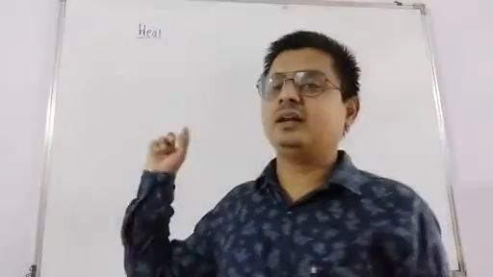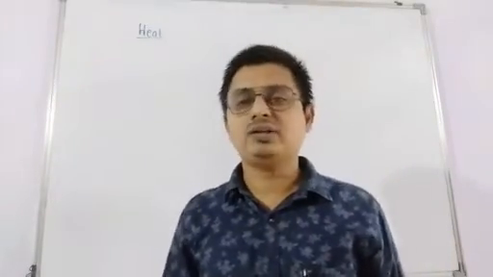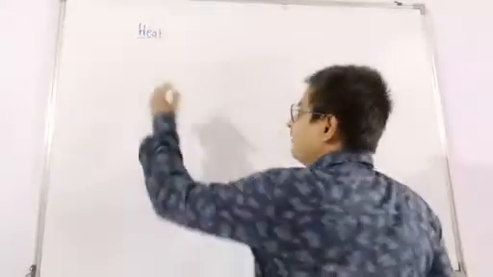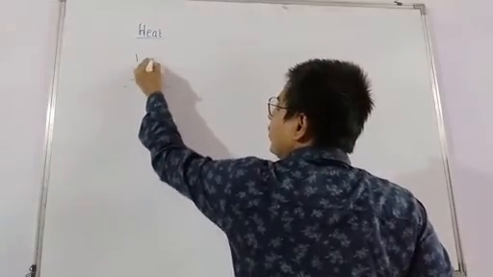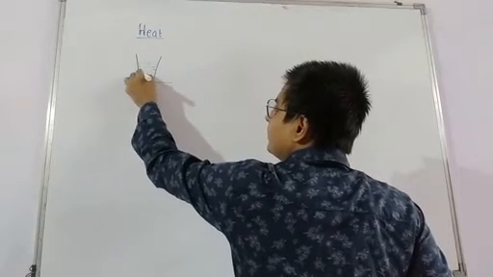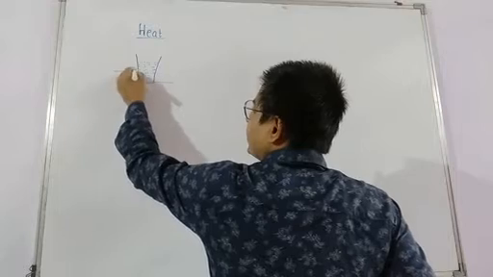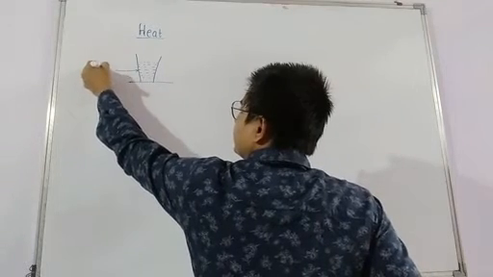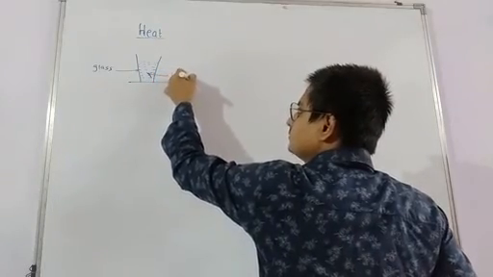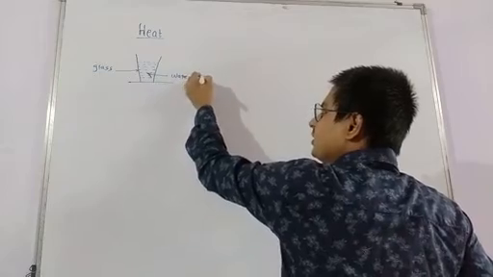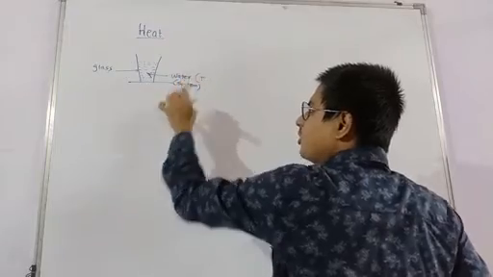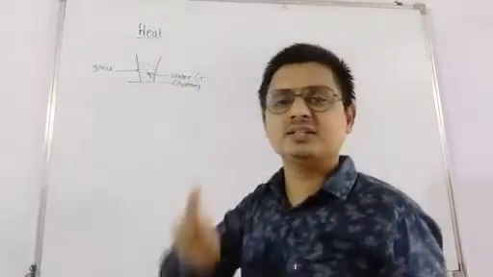But now here we are going to elaborate how heat is actually transferred. For that we take one example: we have one container which contains a certain volume of liquid, like a glass, inside which we have water. Since water is what, that is the system. According to thermodynamics, water is the system.